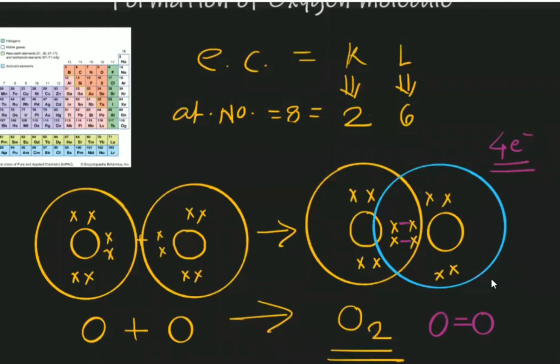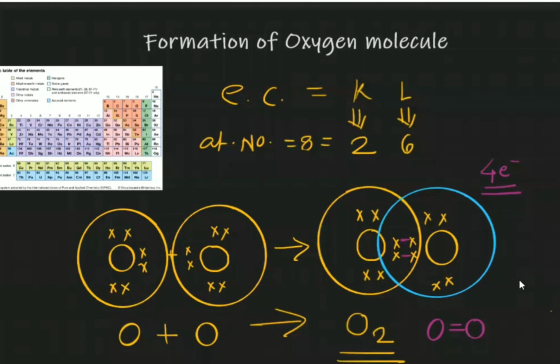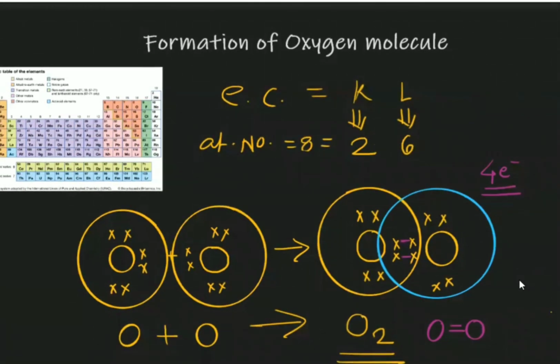Again, we have learned about the third example, the formation of the oxygen molecule. Finally, again, I would like to tell you what is meant by a covalent bond. The covalent bond is a bond which is made by sharing a pair of electrons between atoms. If two electrons are shared, then one covalent bond will get formed. Like in oxygen, we can see 4 electrons have been shared with each other, and that's why we have got two bonds, meaning a double bond.